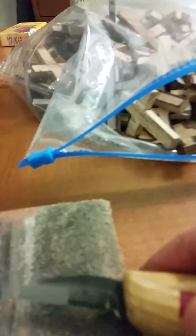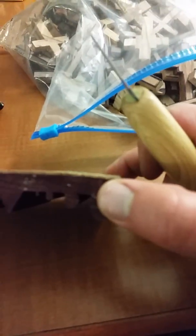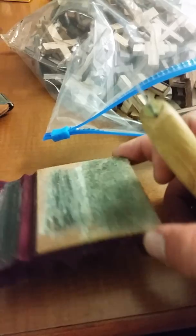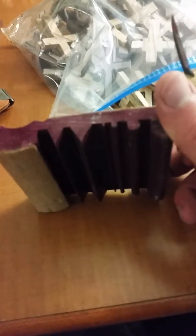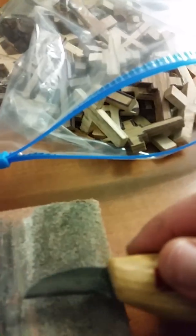Sharpen, mirror polish sharp on it or whatever. Mirror polish the blade. That's really the key here. So what I've got is a leather strop. It's actually a piece of leather that's attached to wood that's meant for carving knives and gouges and things. And I just really want to keep it sharp, so I'll hold it at a downward angle